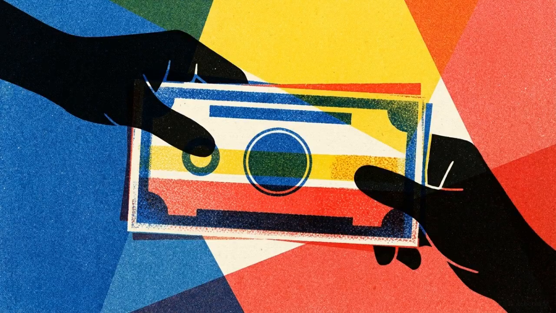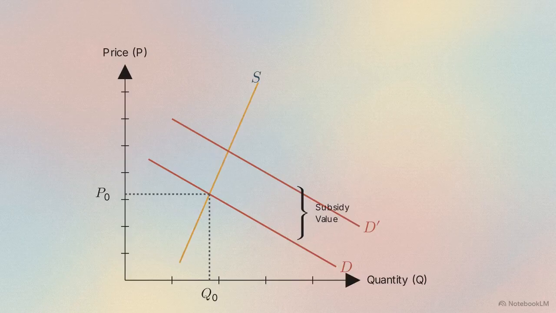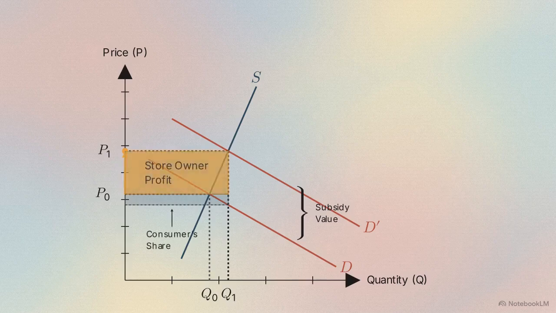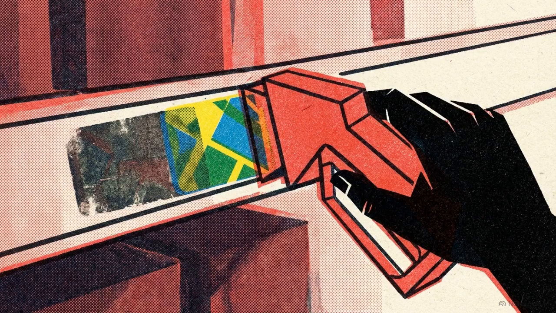These same mechanisms apply to subsidies, which essentially function as negative taxes. Food stamps, or SNAP benefits, are demand-side subsidies designed to help low-income families afford groceries. Issuing these benefits shifts the consumer demand curve up by the subsidy's value. However, if grocery supply is inelastic, this shift simply drives up food prices. Store owners end up capturing the benefit intended for the poor. Policymakers cannot dictate who captures a subsidy any more than they can dictate who pays a tax. The market automatically reallocates the benefit based on the participants' responsiveness.